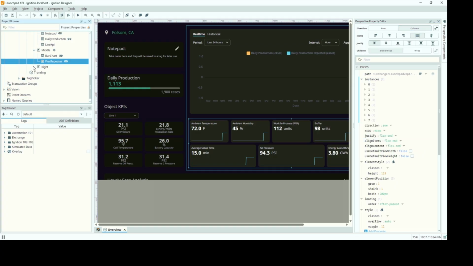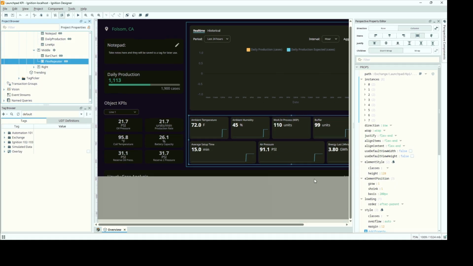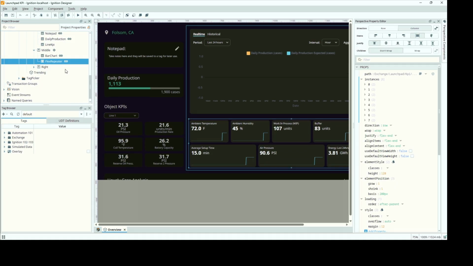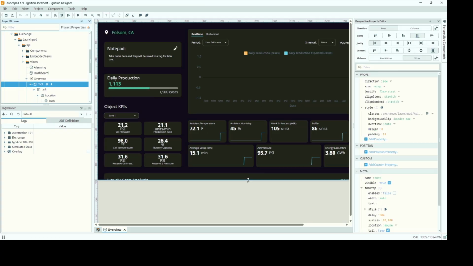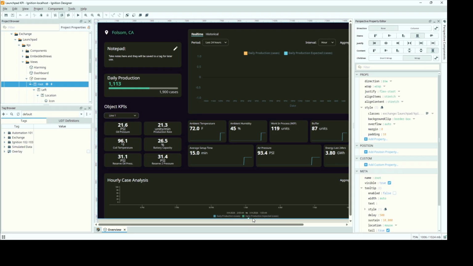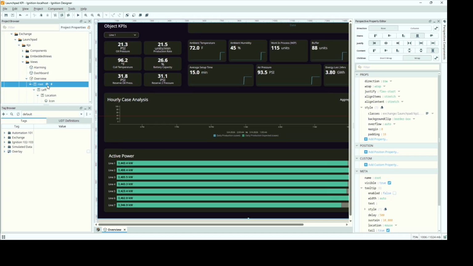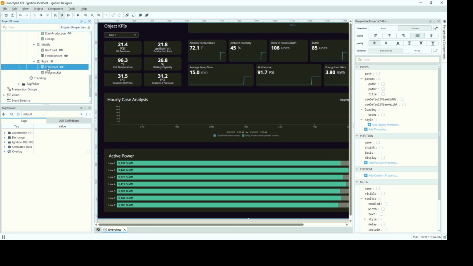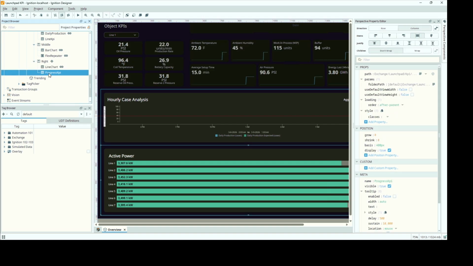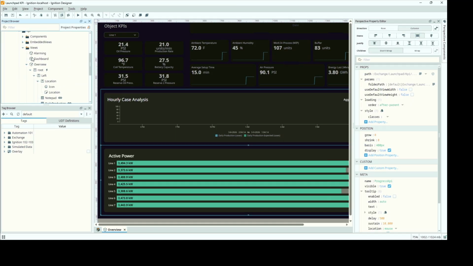And if we go to the right, let's make this bigger so we can see what we're looking at here. Then we have a line chart for case analysis and our active power embedded view here. And you'll see those are both embedded views. And then if we go to the dashboard view,